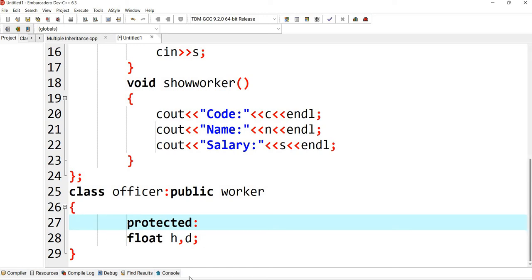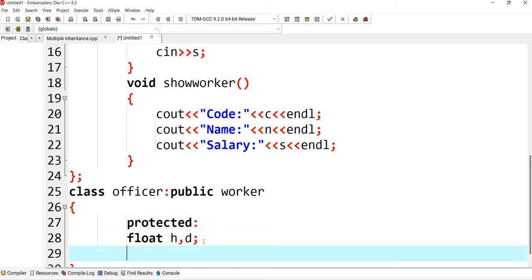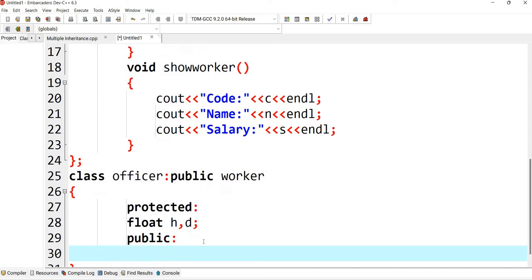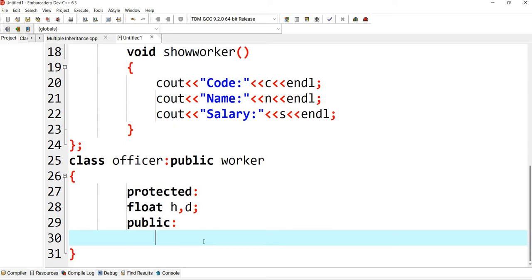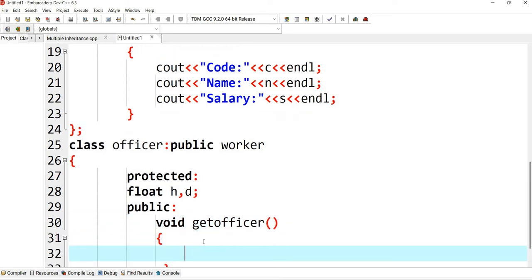Now I'll write the public section. Within this public section I'll create a member function. So write here void get officer, the body of this member function.